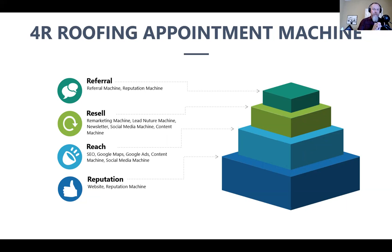But yet that has been shown and proven that people are more likely to go with the person that has been referred to them. Okay. So we put all of our clients into our referral machine. All 4 of these pillars make up the 4R roofing machine, and they are evergreen in the fact that if